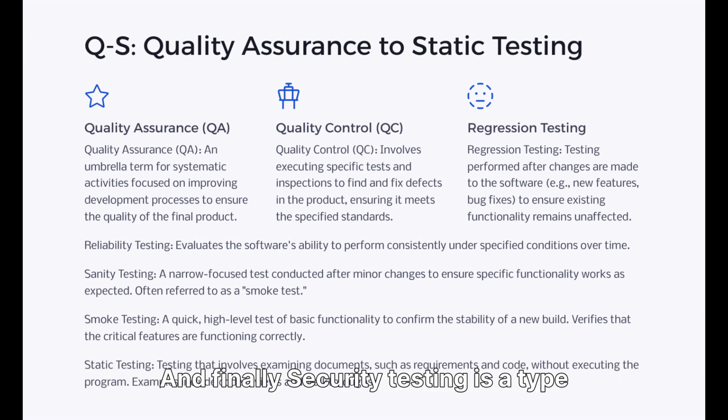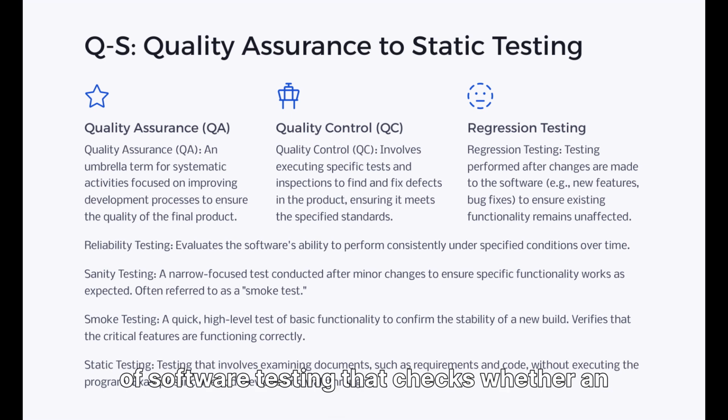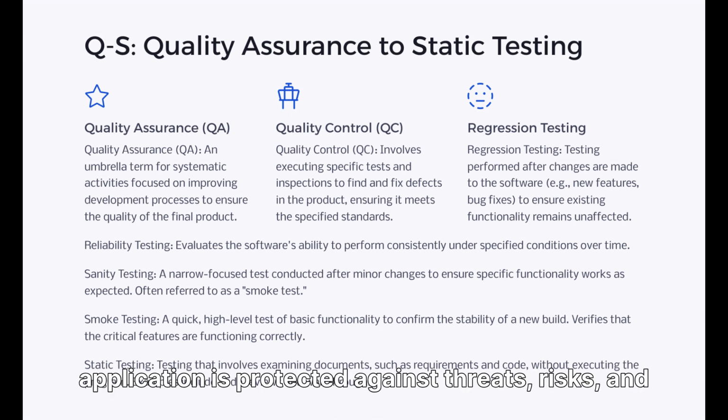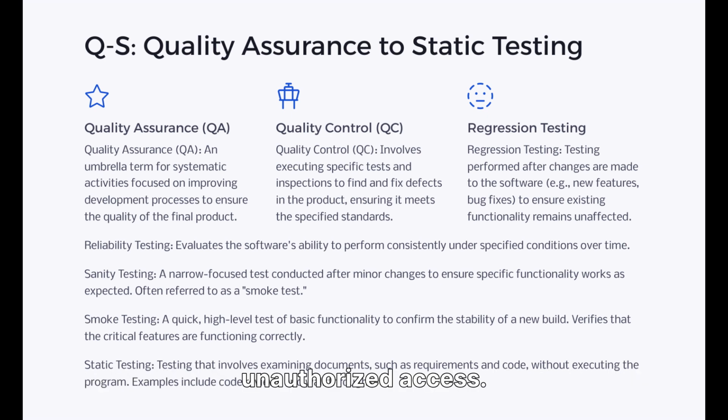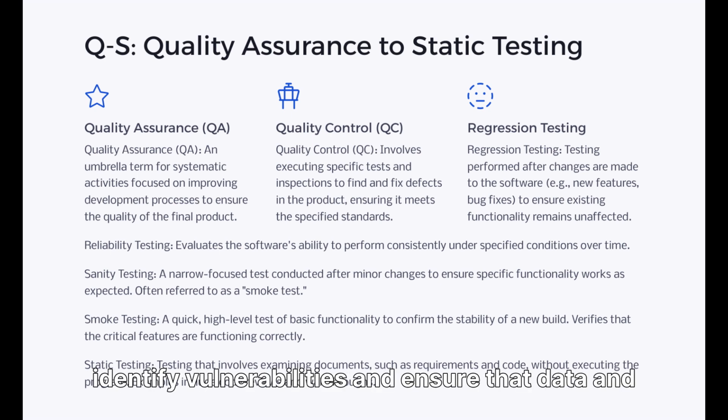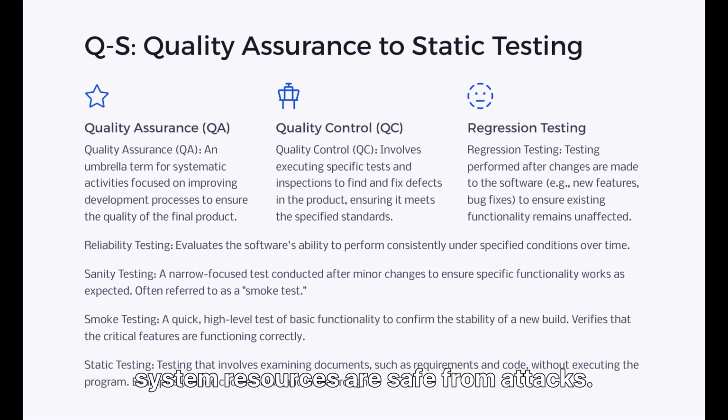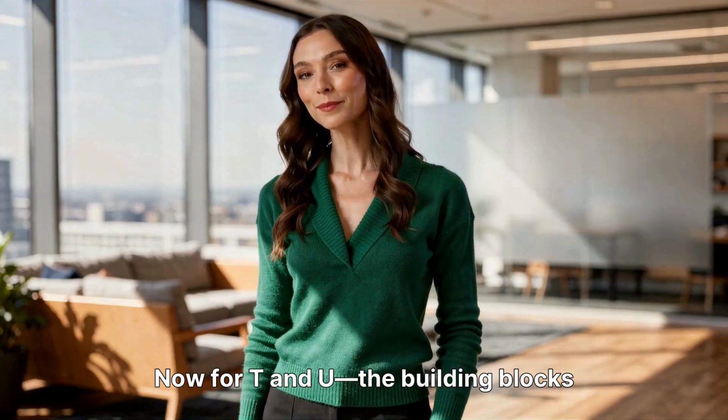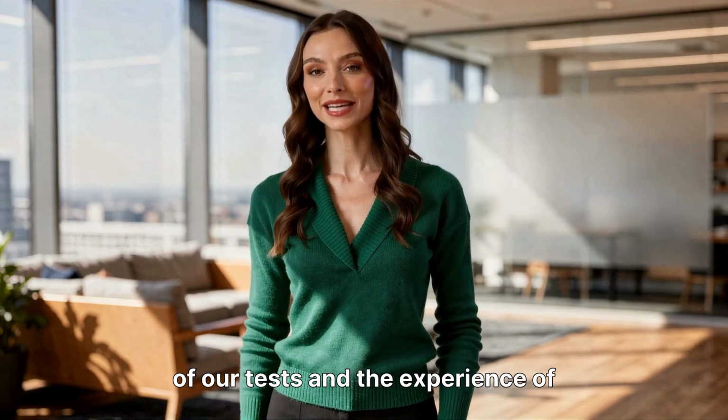And finally, security testing is a type of software testing that checks whether an application is protected against threats, risks, and unauthorized access. The goal of security testing is to identify vulnerabilities and ensure that data and system resources are safe from attacks. Now for T and U, the building blocks of our tests and the experience of our final